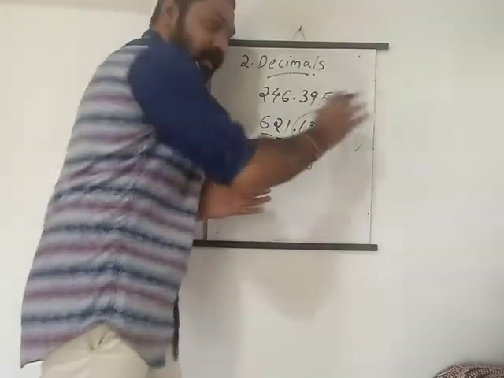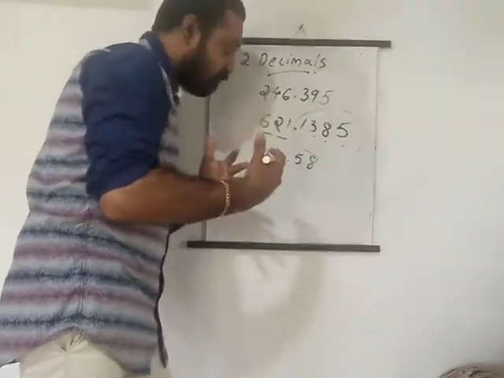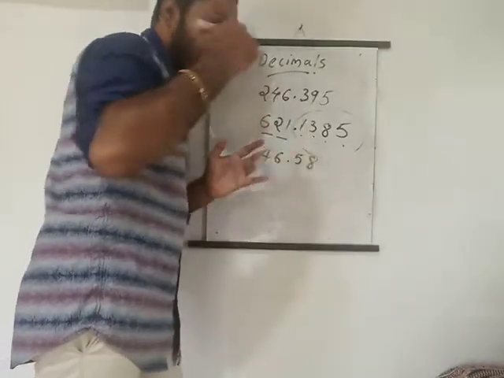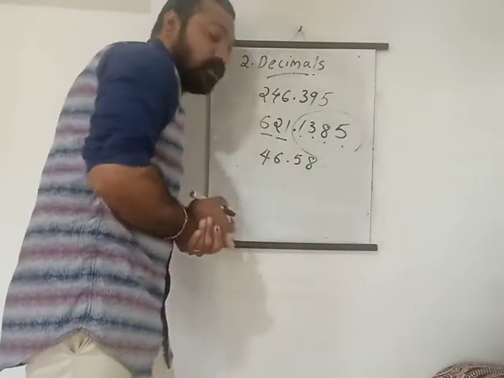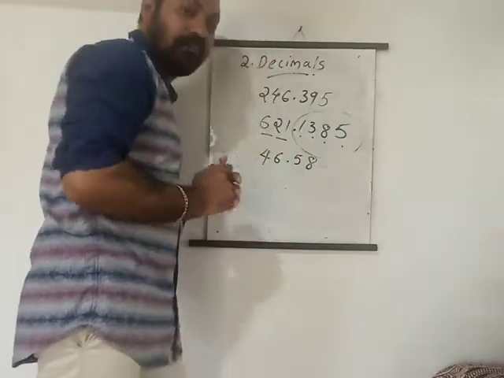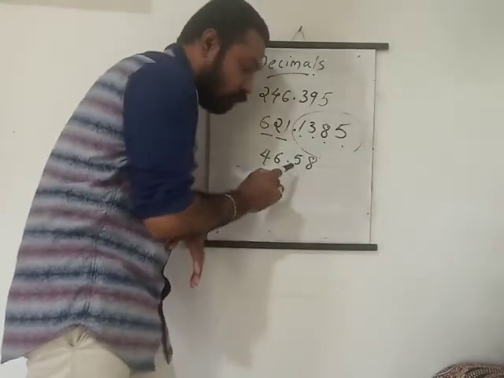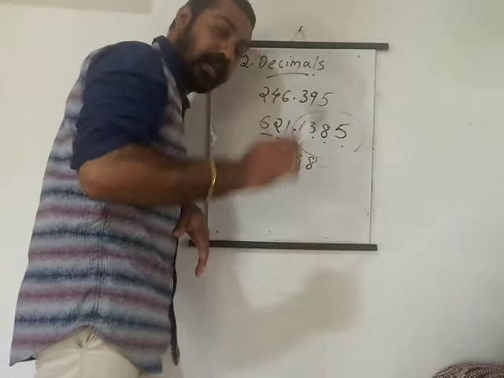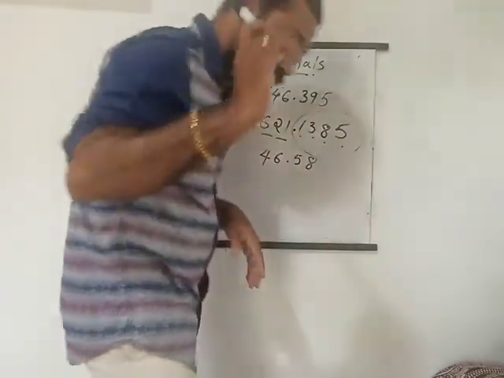Okay, this is a bigger number, it may be difficult, so you will think about how to read 621 point, then the digits. But if it is a smaller number, we read it as forty-six point fifty-eight. That is very wrong. When you read decimal numbers, you have to read the digits after the point separately. Okay, read it separately: 46.58. So that is the first thing.